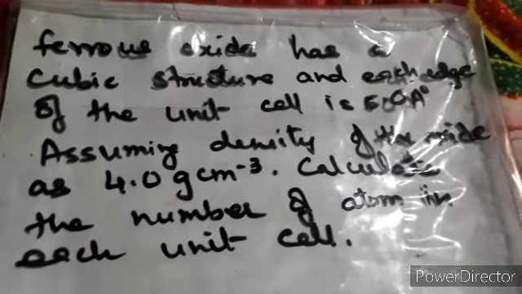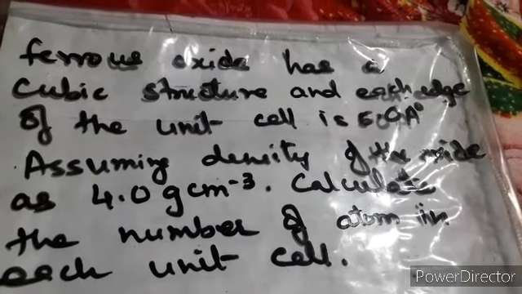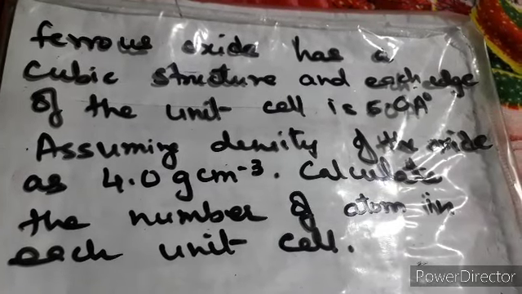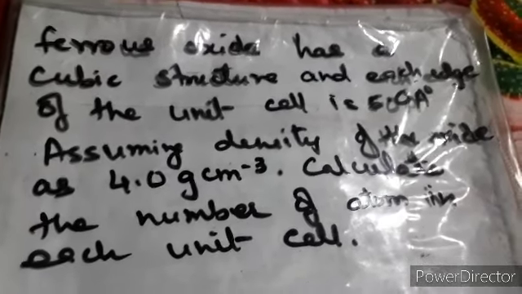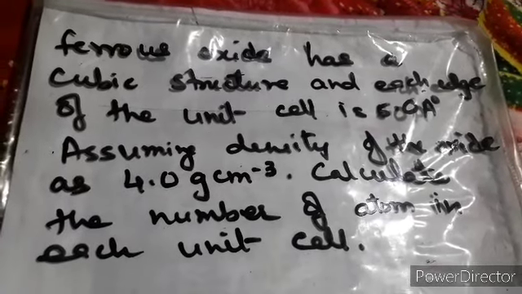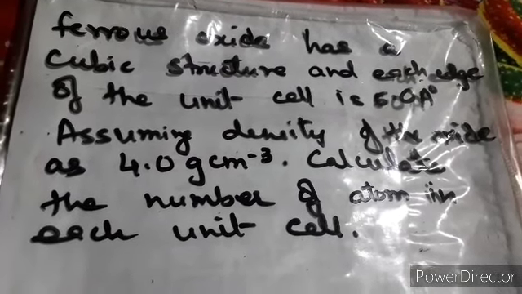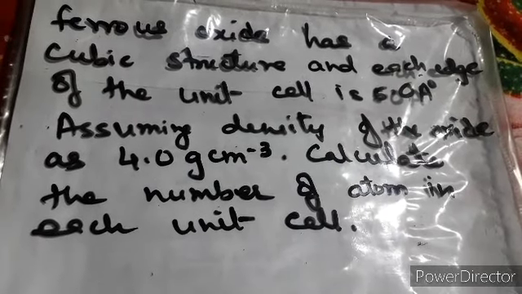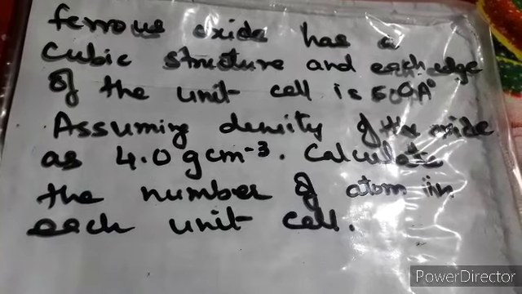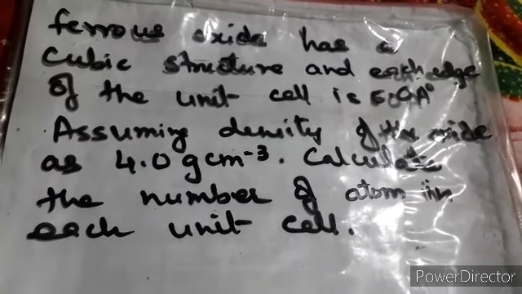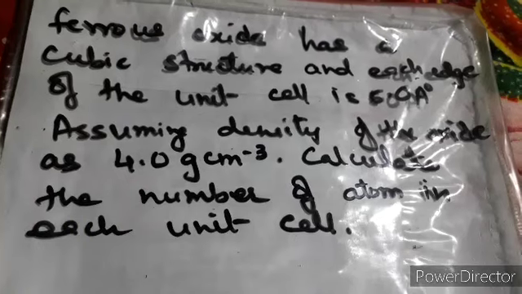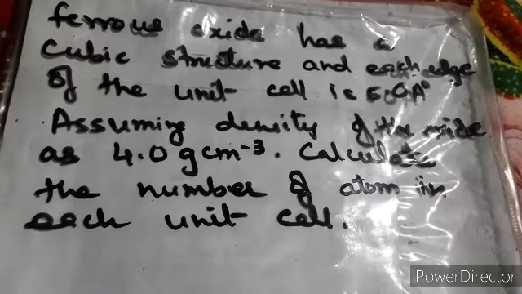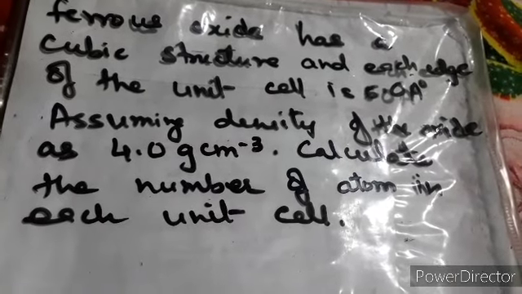What is being given to us? That is one of the very important formulas here. The point is that they have told you it is a cubic structure, but still they are not telling you what type of cubic structure it is, because they are asking you Z, the number of atoms. So Z they are asking, and the density they have given you. They have also given you the edge length, that is 5.0 Angstrom, and this A value they have given, Na you know on your own. Density value also they have given you. Now Z you have to calculate.